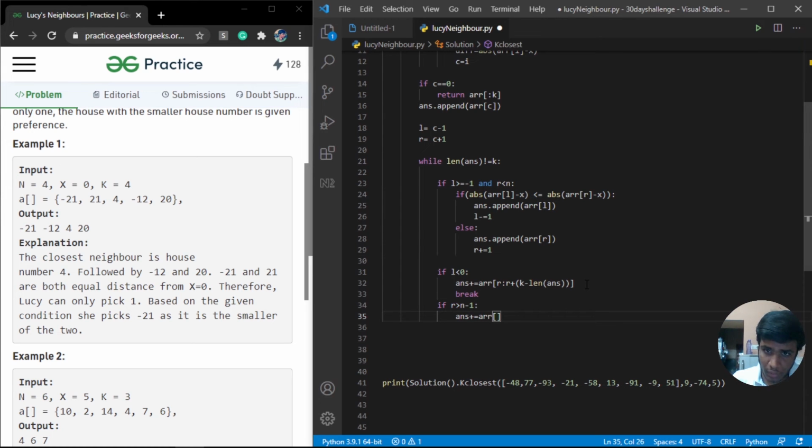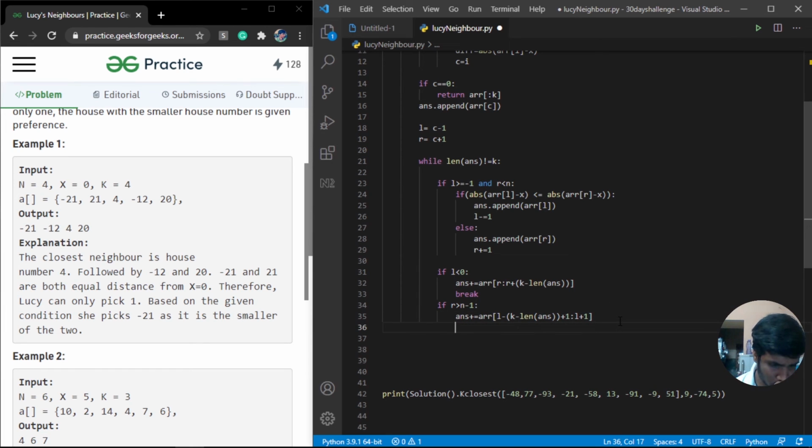So I'm going to say L minus, and so k minus length of previous answer, and also take that element as well, so L plus 1. I'm adding plus 1 because L is not going to be included. So all the elements in the left side. If I already have 2 elements in my array, I'm going to take k minus 2 elements from the left side. So this is what this statement is going to do. And yeah, if that's the case, we can simply break out of this loop.